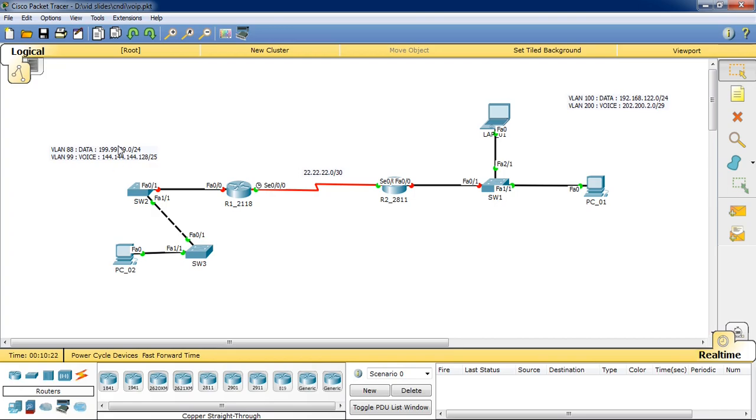And for this side also I have done the same thing. For the voice, we have 144.144.144.128/25, and for the data we have 199.99.99.0/24. So I told you in the lecture, if you can remember, in voice over IP,